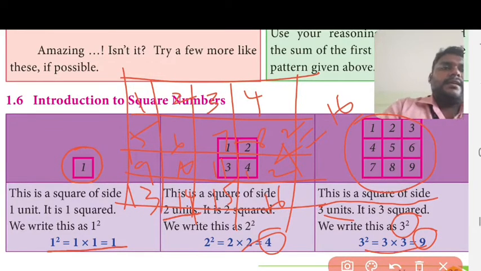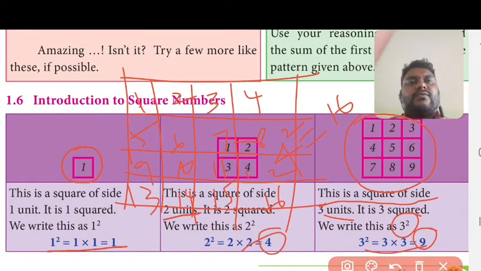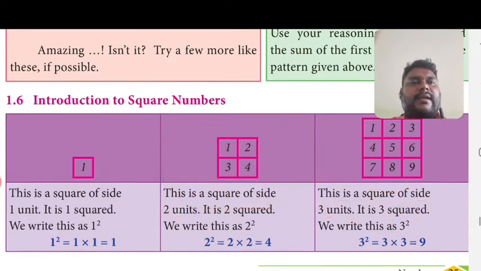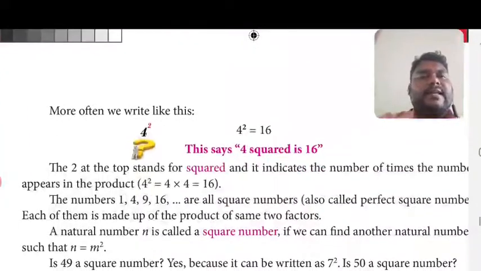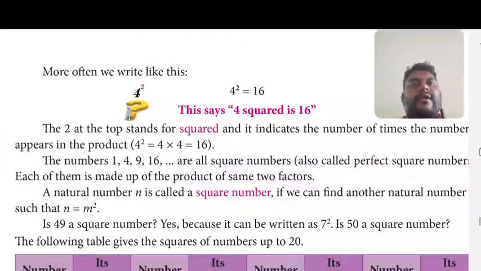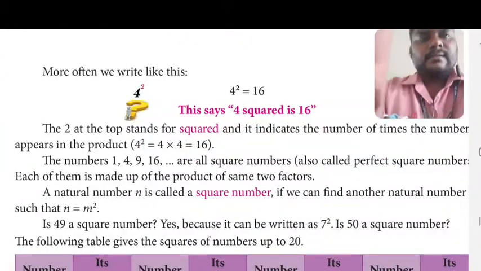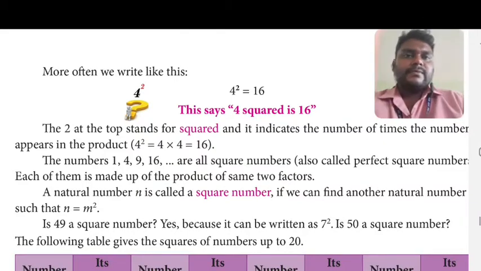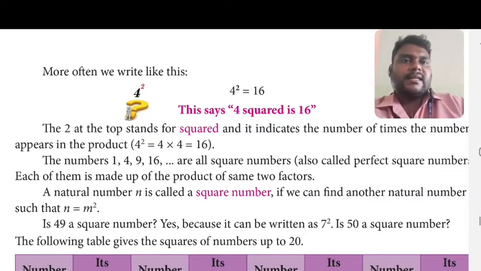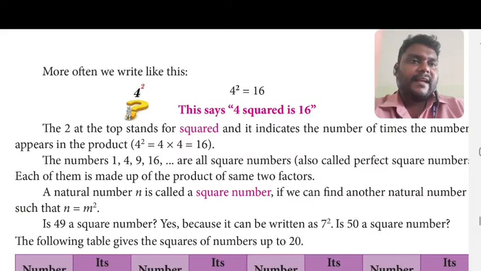So totally 16 boxes are there. So 4 square is 16. Okay, so 4 square is 16. That is what they have given next. So 4 square equal to 16. Okay, so next, a natural number n is called a square number if we can find another natural number